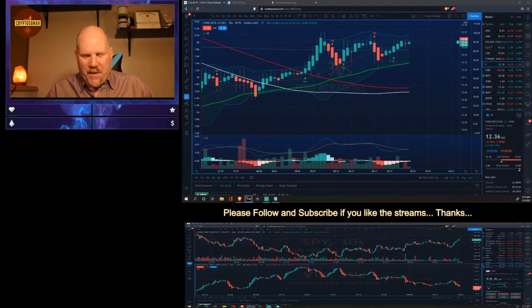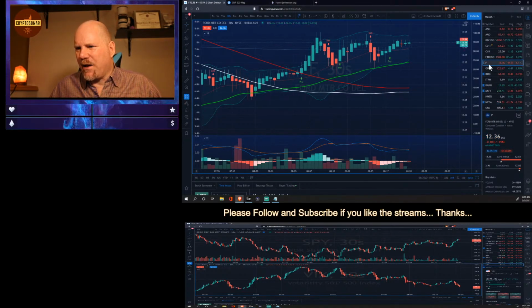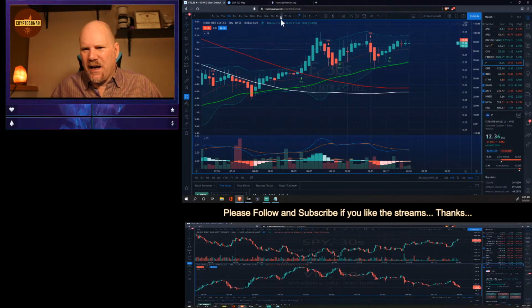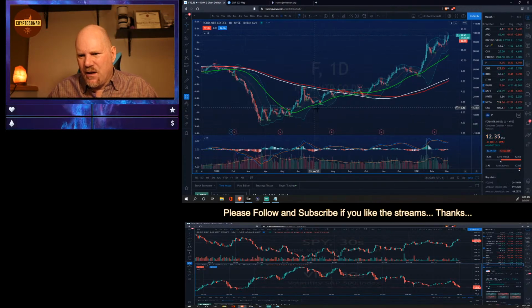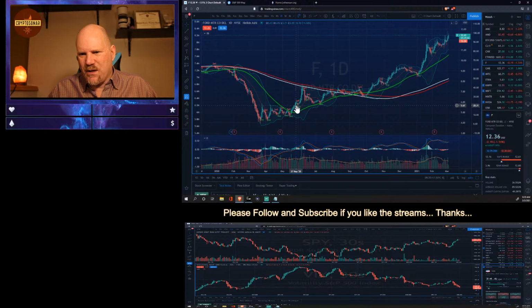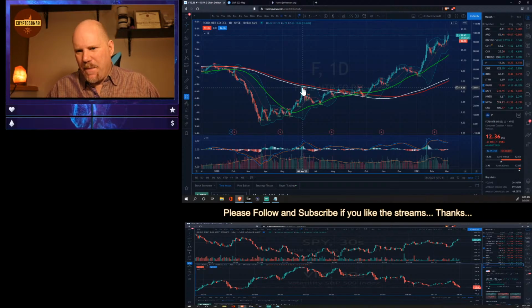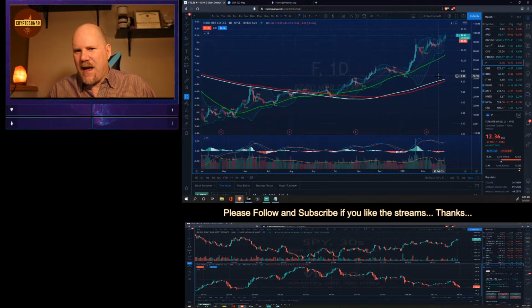But that's offset by my US oil. So US oil is offsetting my Ford today. But Ford has been on a great run. If you look at the daily on this chart, it's had a fantastic rise back from the bottom in March. If you would have bought at the bottom, or let's say you hit these resistance levels and bought up here, you bought at $7, and you've just about doubled your money since last June. So it has been a fantastic stock over that time frame.